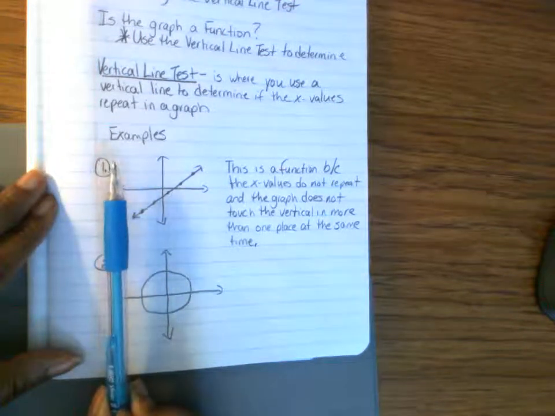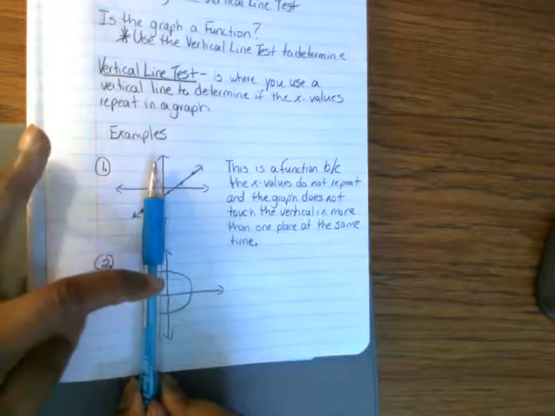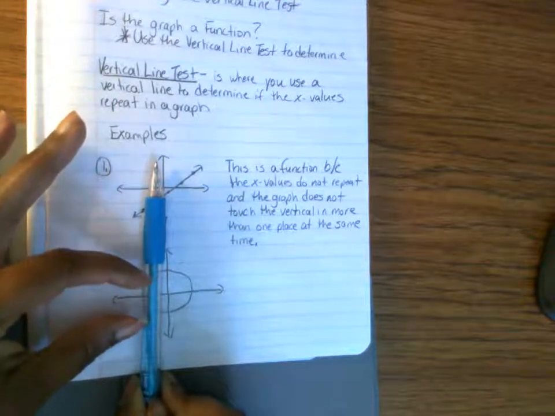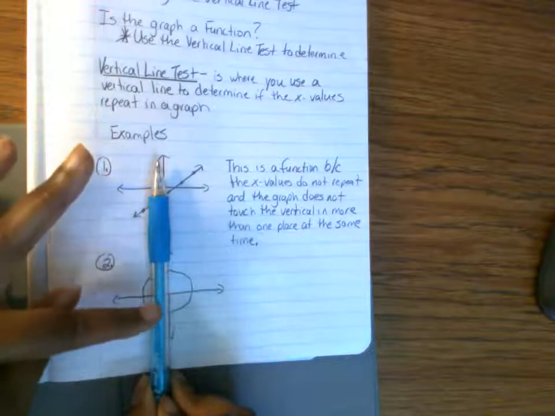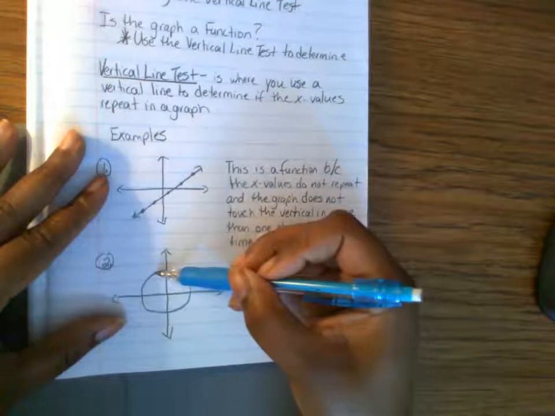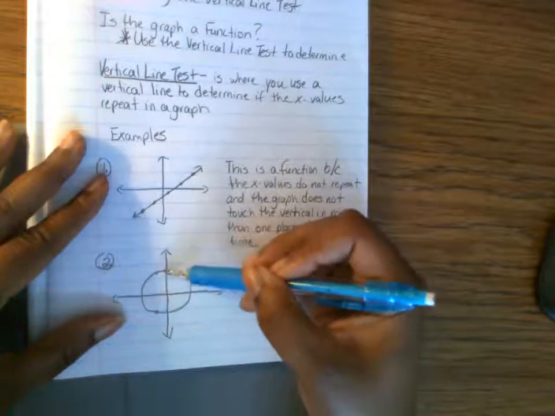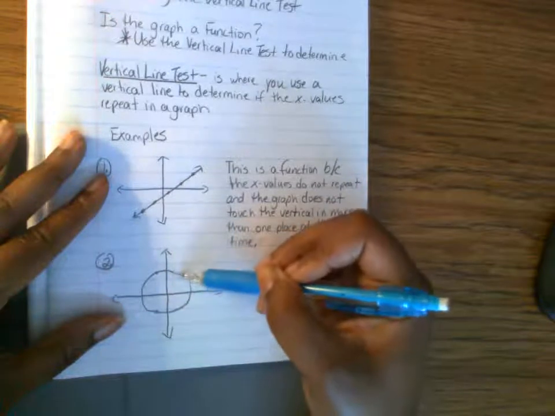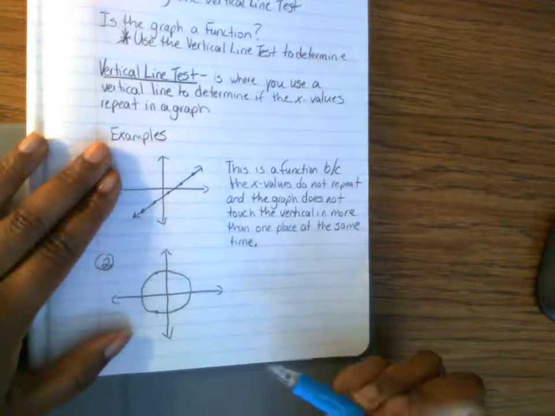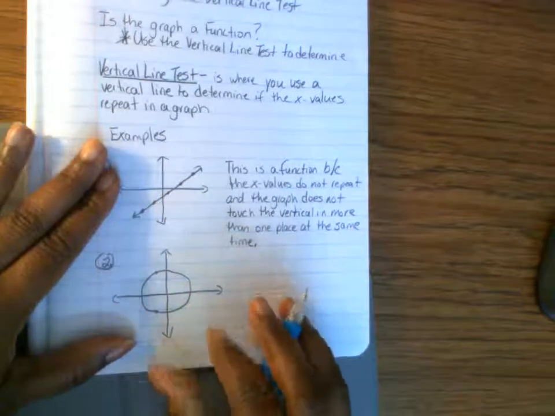As I move it across my graph from left to right, I notice that right here, the circle loops back around and touches my pencil in more than one location, up here and then down here. So this is not a function because these points on this line would have the same x value. Here and here and here and here. These points would share the same x value. It fails the vertical line test. So this is not a function